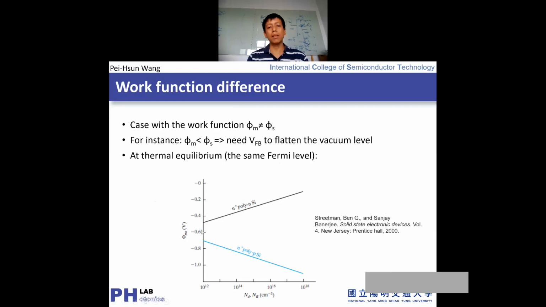And the reason is constant; you can compare data for both n-plus poly on p-type silicon or n-plus poly on n-type silicon. You can see what the corresponding Fermi level needed is. So we consider that if you have a p-type system, we get a negative phi_ms, in which phi_s is larger than phi_m. This phi_ms is determined by how much doping. If you get a higher doping, you can tune the Fermi level. If you get the n-plus doping, that means you get more